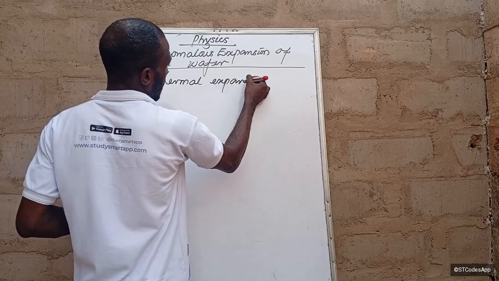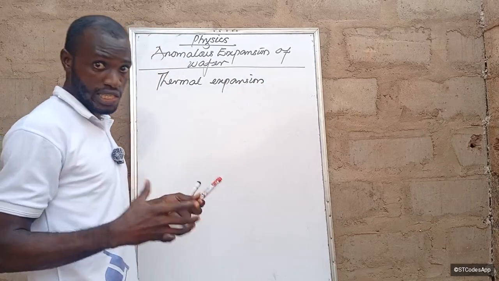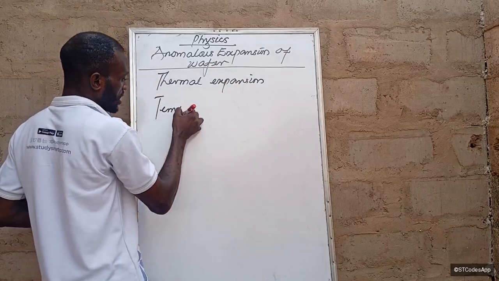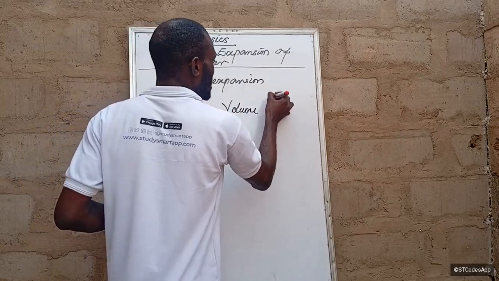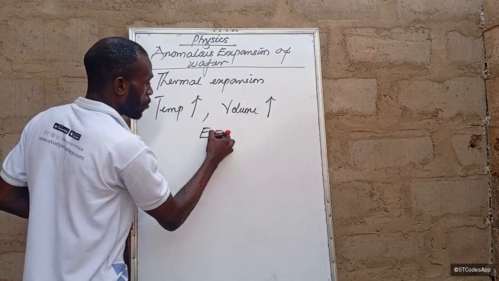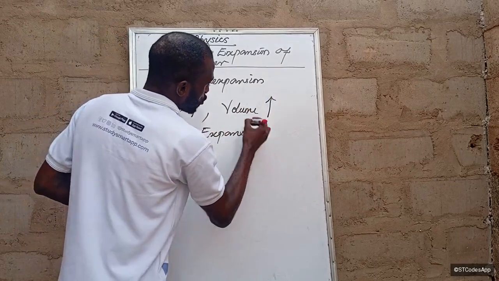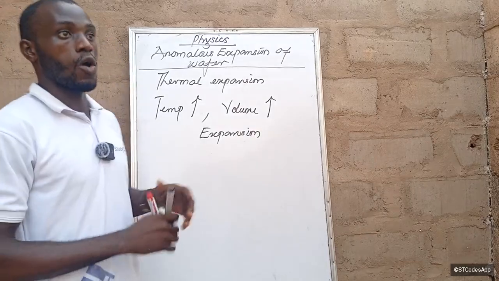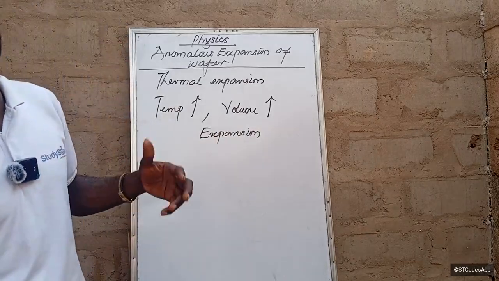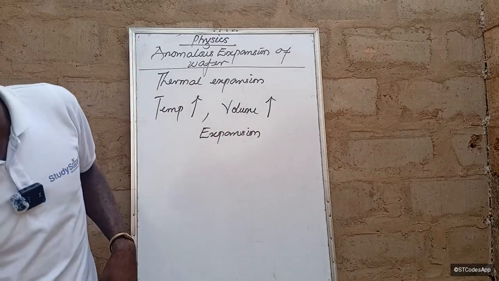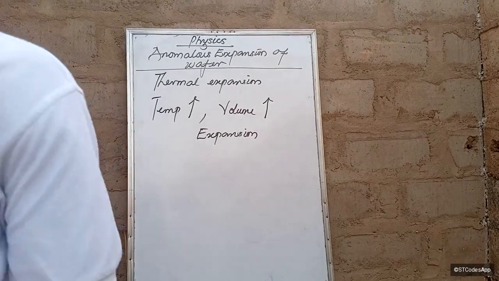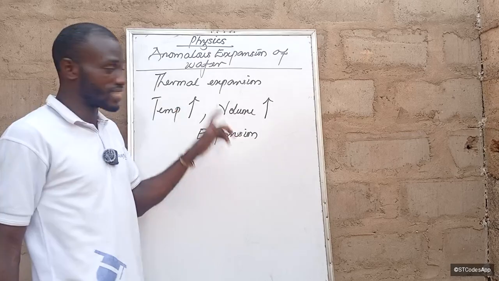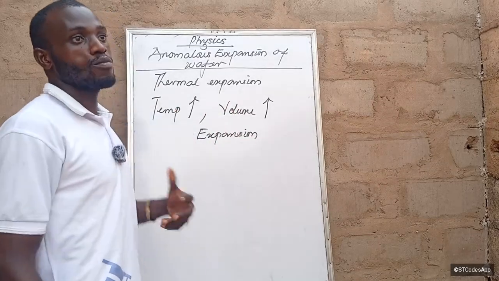Now what happens is that as the temperature of a fluid increases, what you expect is that the volume of the fluid will also increase. Why? Because the fluid is going to undergo what is called expansion. You expect that when you heat a fluid, the fluid will expand. So I said that based on this principle, we know that as temperature increases, the volume of the fluid should increase. But with water,